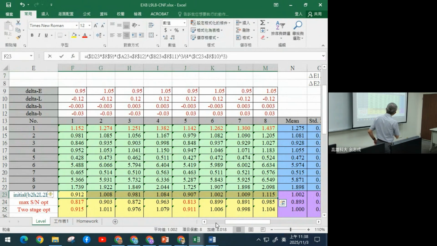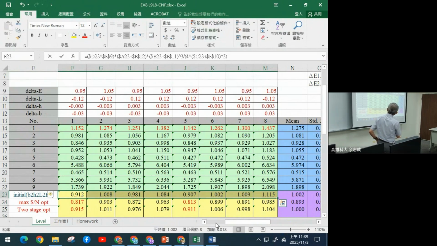In L8. And you find out this one is compound noise combination 1. Which one will be the largest? The largest may not be in L8. It's in L8, let me see. Plus, minus, plus, minus, minus. No, it's not in here. It's not here. But as you can see, the largest value right now is